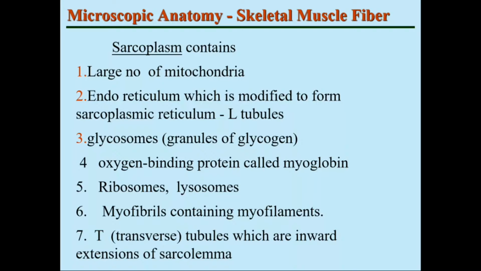Number three, there are granules of glycogen present inside the cells. So the glycogen, you know, is a source of formation of ATP. Then there is an oxygen binding protein called myoglobin. This myoglobin has a P50 value which is very low, indicating that it has a strong affinity or strong capacity to bind oxygen even at low oxygen levels. Then there are ribosomes and lysosomes, and then the